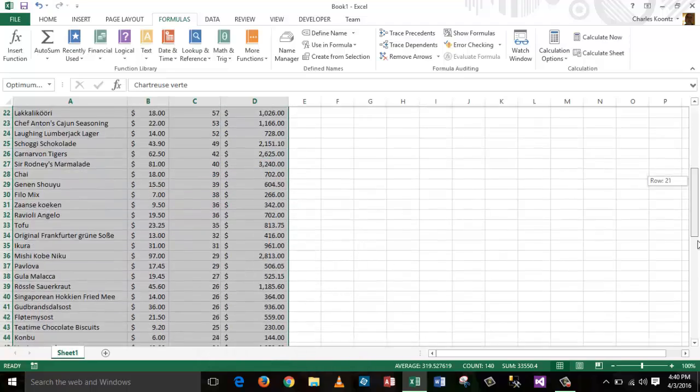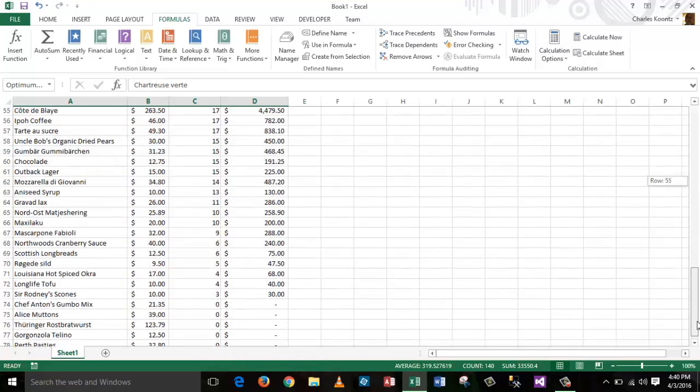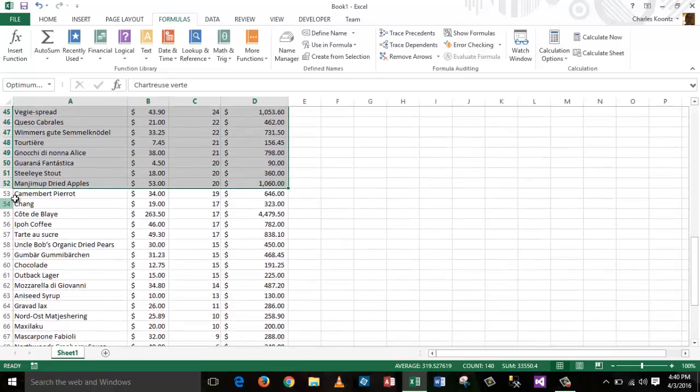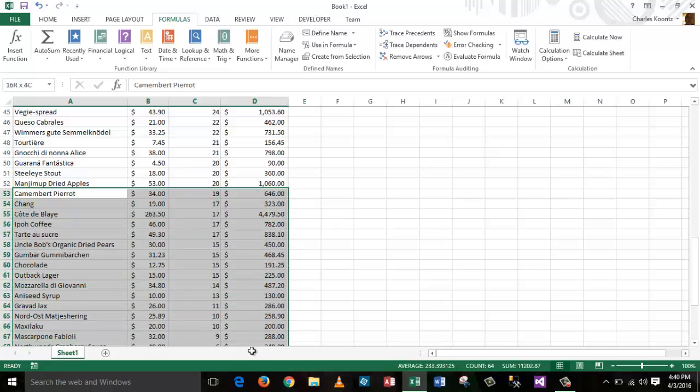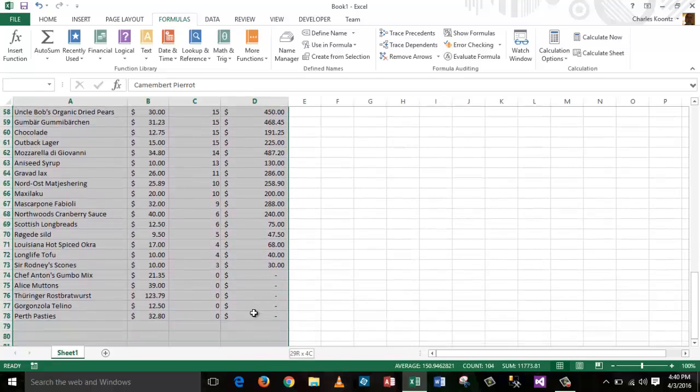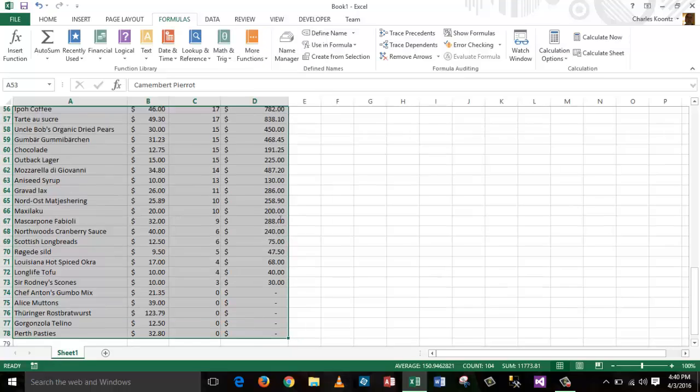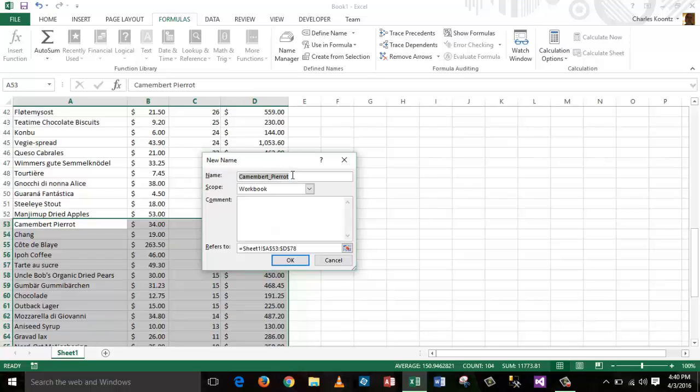So there's my second named range, and now the third named range will begin on row 53, and I'll highlight down through the last row of data on row 78, and again right click, define the name, and Control V and change this from over to under. Okay, so I have 3 ranges now,